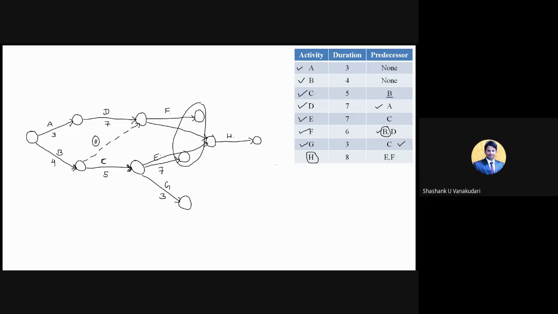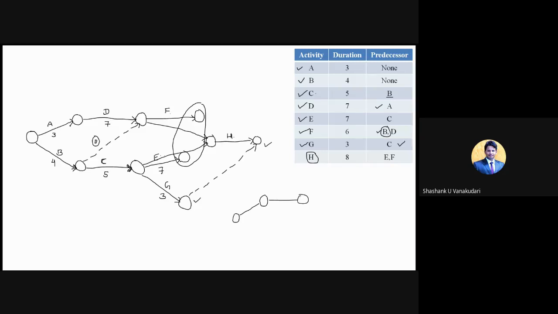Now all the conditions are over. You get two nodes at the end, one node here and one more node here. Since H is the last activity in the list, it will come at the last. So I am just joining this with the dummy activities and I will complete the network diagram. How exactly will it come? I will draw it here randomly, and later you can name it according to the conditions. So randomly it will come in this way.